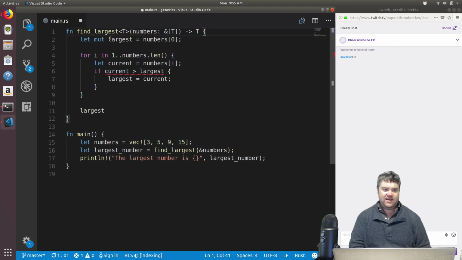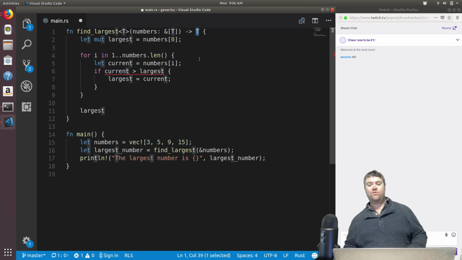So that's telling us, hey, find largest is a generic. It's taking a generic type. It takes in numbers, which is a vector with a known type in it, and it returns this type. And so from what I understand,